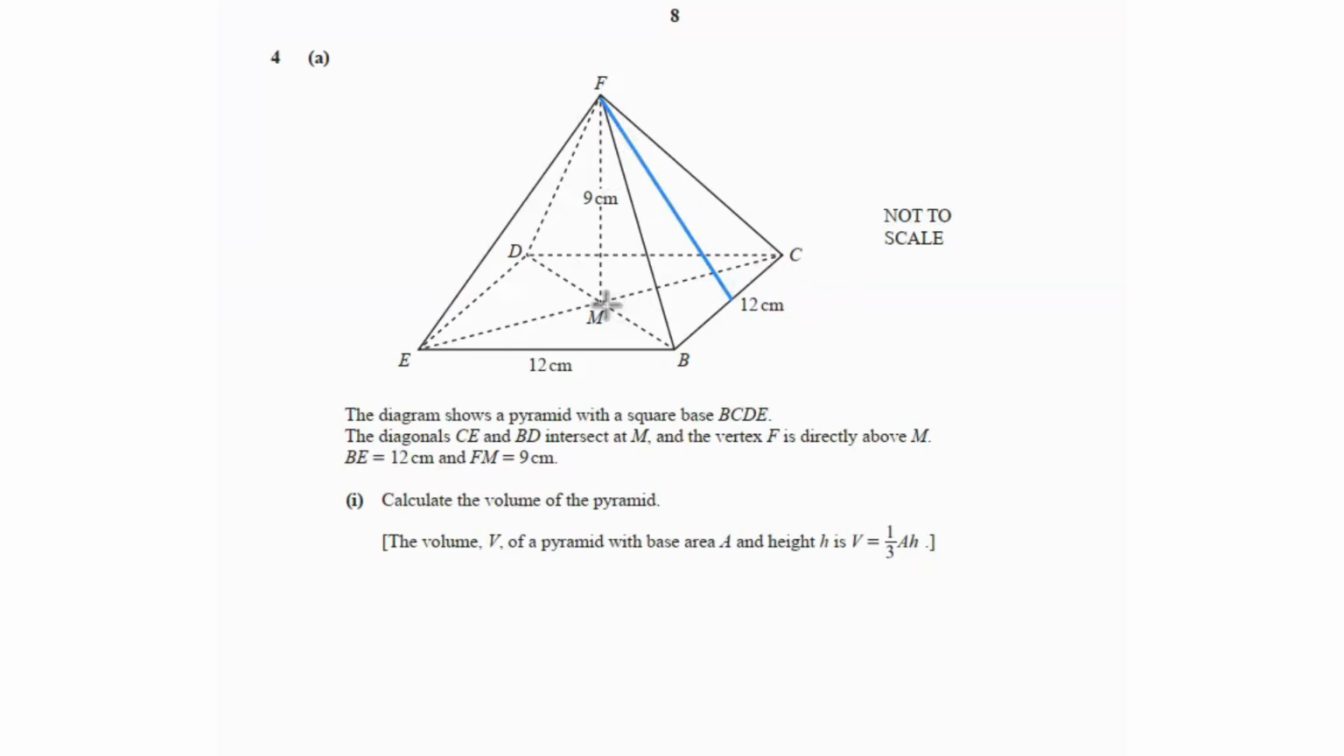So what we can do is, if we draw a triangle like this, we know this M is the midpoint, so this is going to be 6. So using Pythagoras, we can find the length, the slant length basically of the pyramid and use that to find the area of the triangles. So we can do